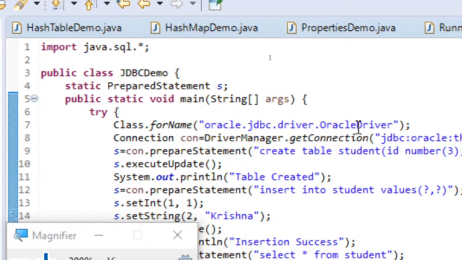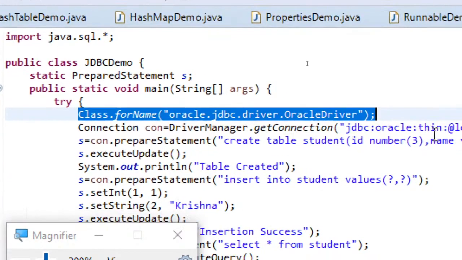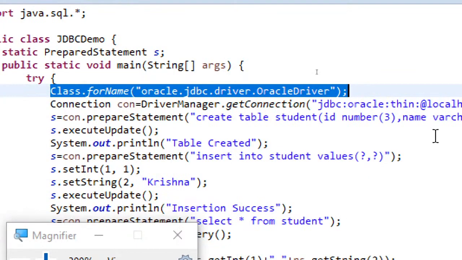For executing a JDBC application, you need to make sure that you import the SQL package, and then follow these 5 steps, where step 1 is loading the driver class. You have to write this statement class.forName oracle.jdbc.driver.OracleDriver. So OracleDriver is your class.